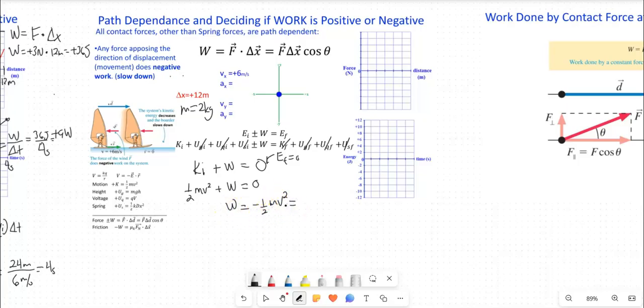And this is going to work out because we're using the same numbers. And I'm just going to skip to the case. This is going to end up being 36 joules. And that force times that displacement is going to be equal to negative 36 joules. It's going to be negative 36 joules divided by that displacement. So that force is going to be negative 36 joules divided by 12 meters, which is to the right 12 meters. So that's going to end up being negative 3